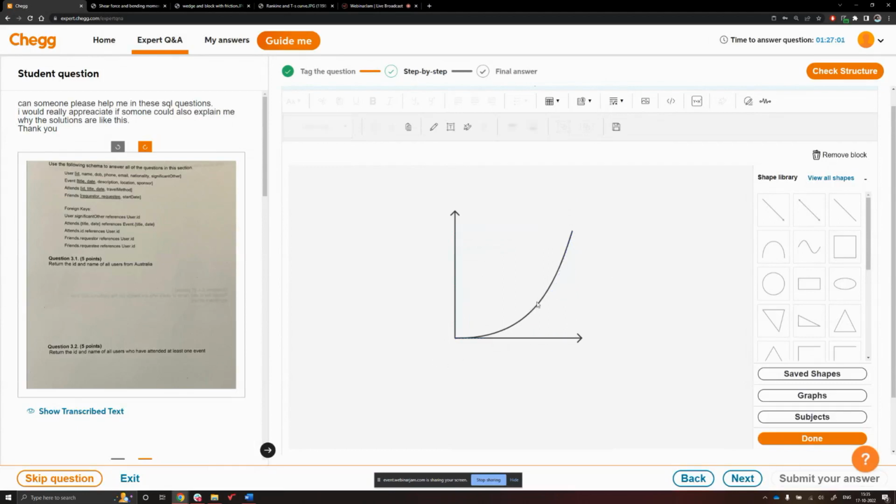So this is the curve, and now if you want, you can also decrease the curve intensity at the bottom by using this dot. And now to label it, y, x.